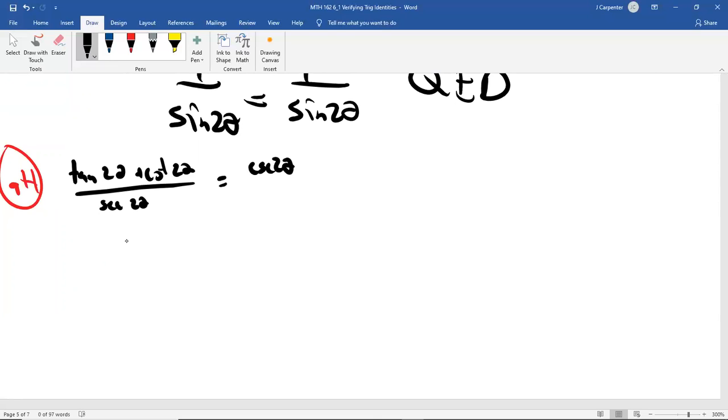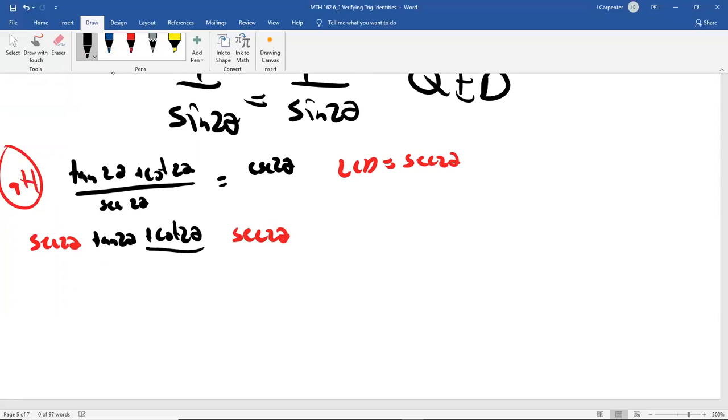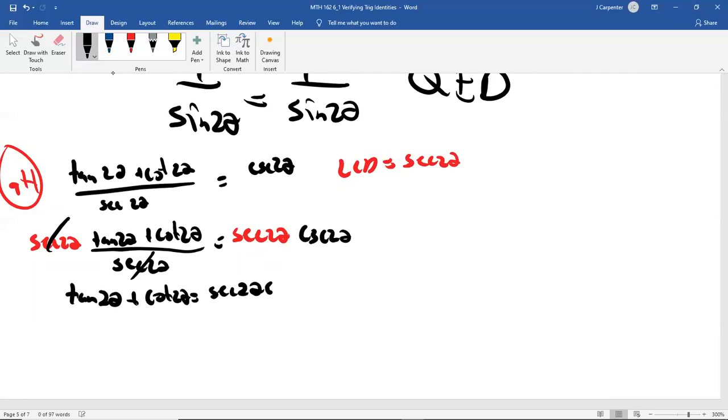What some people might have said is, all right, well, go ahead and multiply by your LCD, which is secant of 2 theta. So you do that on the left. You do that on the right. So that these secants cancel and you get tangent plus cotangent is equal to secant cosecant. Then what I would do is turn everything into sines and cosines,